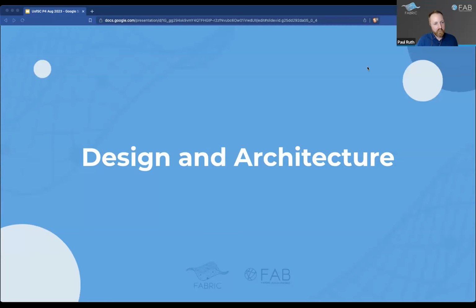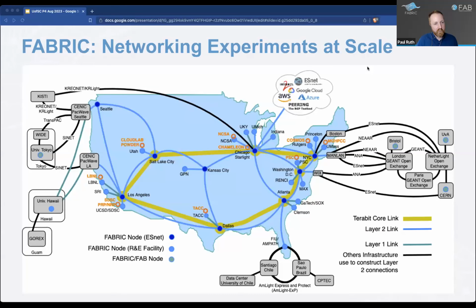So for this particular audience, I'm going to go a little bit deeper into the design and architecture than I already did, because I think you're going to be using it in some of your next sessions. So we'll see how this goes. Here's the picture I showed before. This is the 33 sites spread across the world, where each site is a separate individual OpenStack cloud. You'll never interact with Fabric directly via the OpenStack API. You will always use the Fabric API, but just know that there are 33 separate OpenStack clouds in the system,